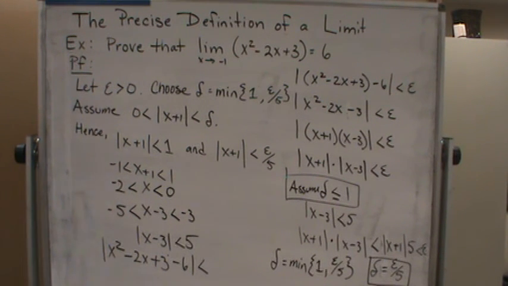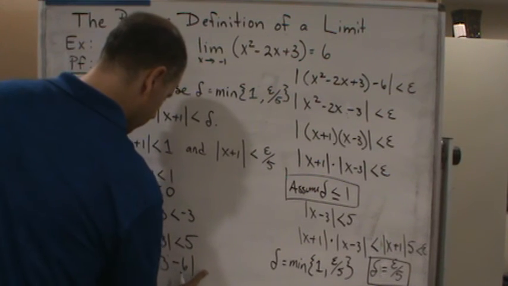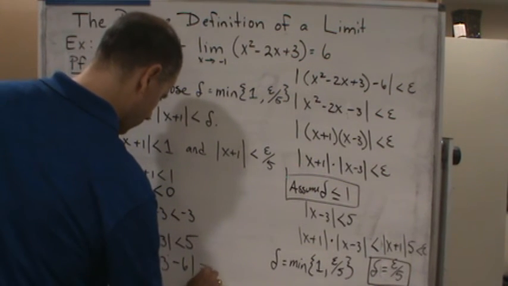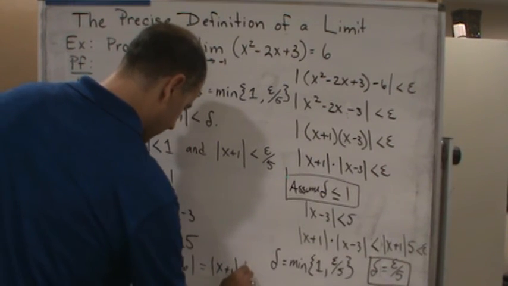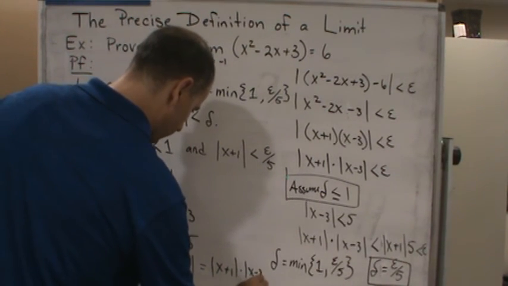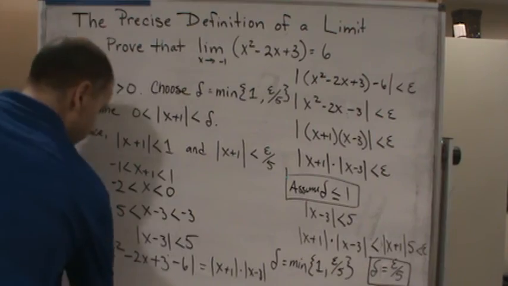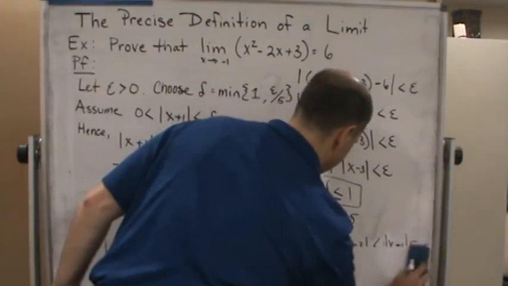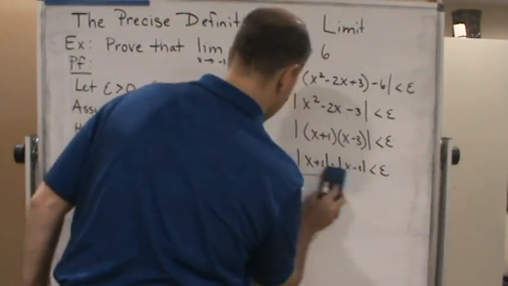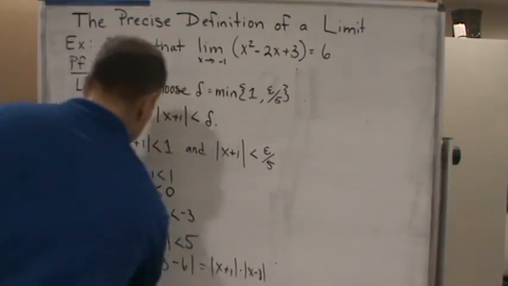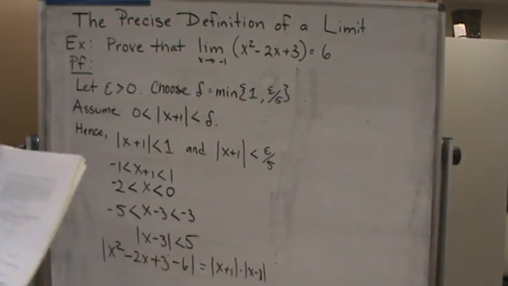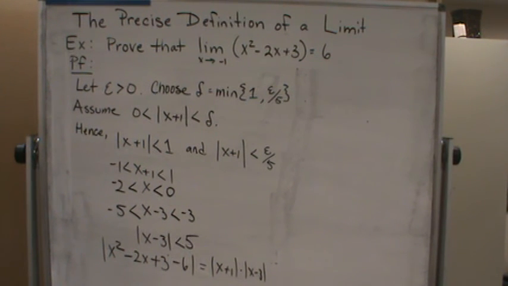Equal to the absolute value of x plus 1 times the absolute value of x minus 3. I'm going to erase my scratch work, because now we know that this is going to be less than